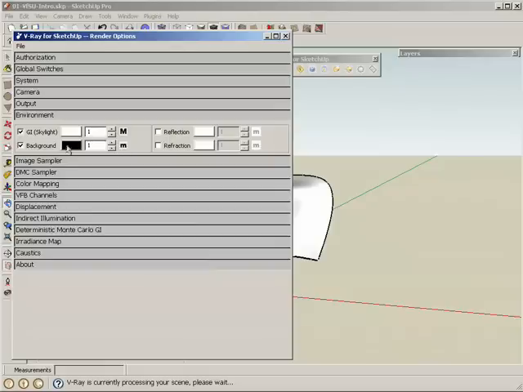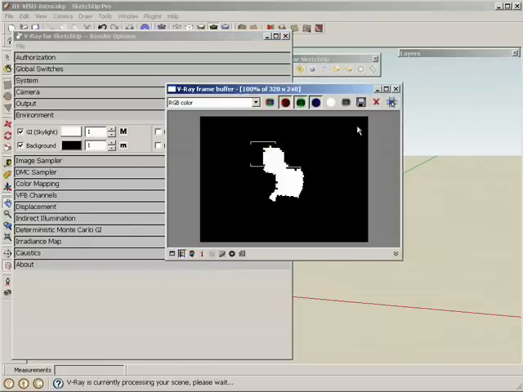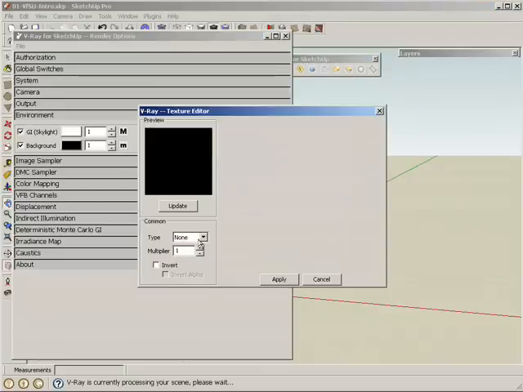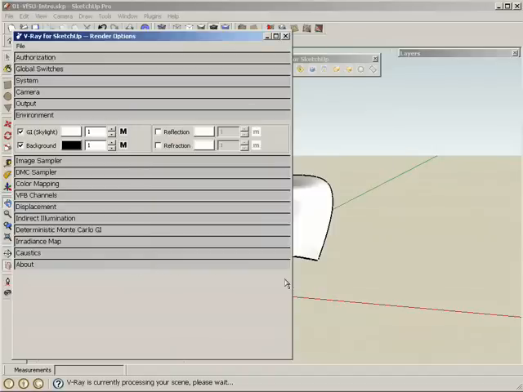My background, I'm going to have to change that, because if I render right now, and I'll hit render really quick so you can see the results, the lighting changed. My chair is completely overexposed, but that's expected because now I'm using the physical sky as the lighting, but my background is still black, so I need to change that. So I'm going to click on the small m under background, and I'm going to select the physical sky as well, hit apply. I will render this again,